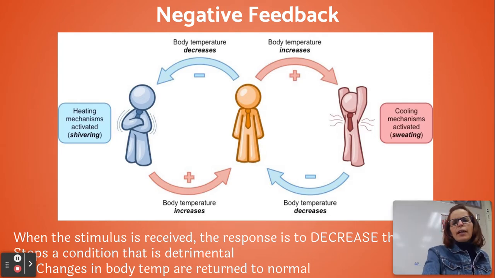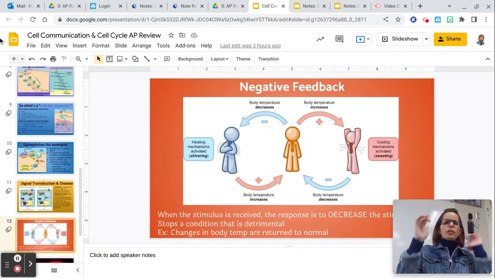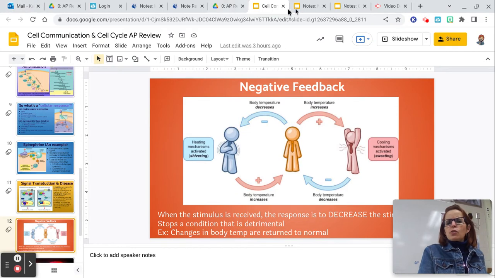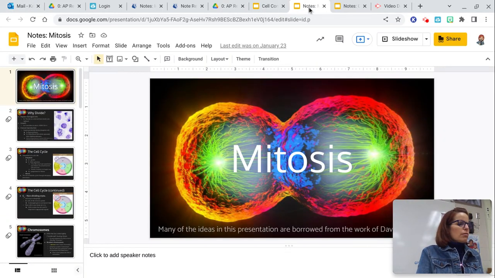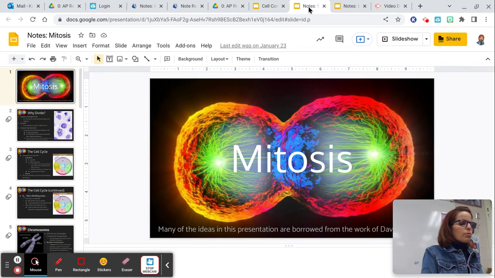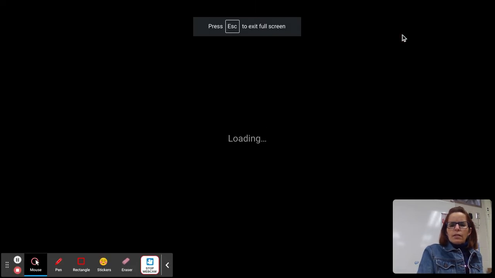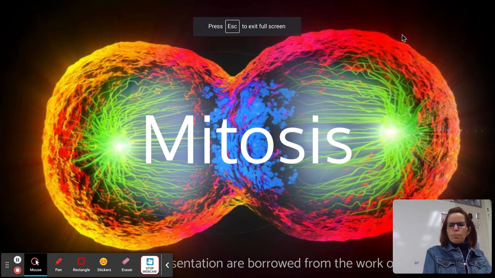Okay, so I'm going to stop here because I didn't get any further with this particular review set of notes. So we're going to switch over to the notes that are called mitosis and just zip through those quickly. These don't take as long. Just a moment. There we go. We got both of them going.